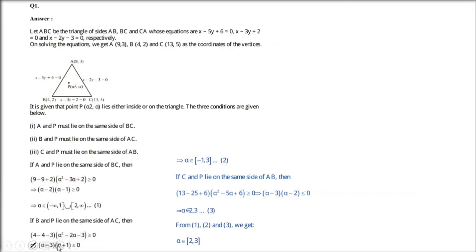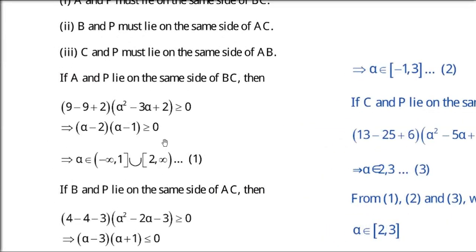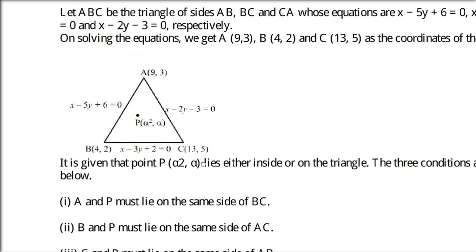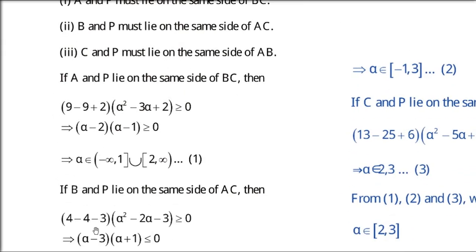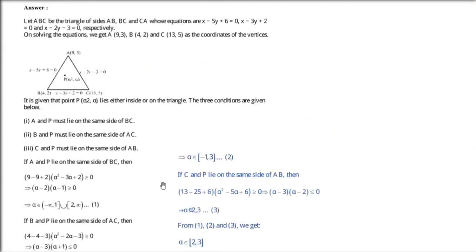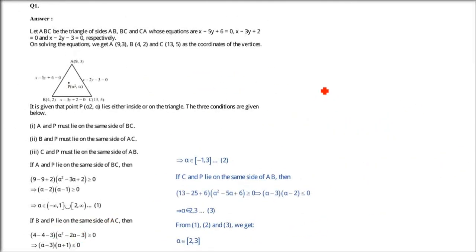And then we have to take the intersection. What is the common point of these three solutions? So if you see here, now let us take this side, and now the second side, which is AC. So I am putting the points, and this is -1, 3 that will come. The third one, C and P. I hope you will be able to do it.